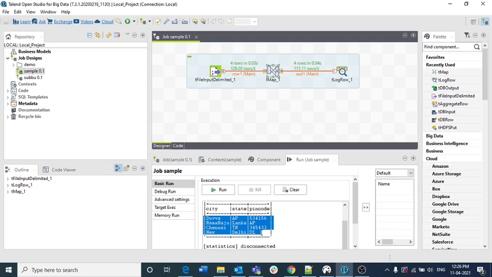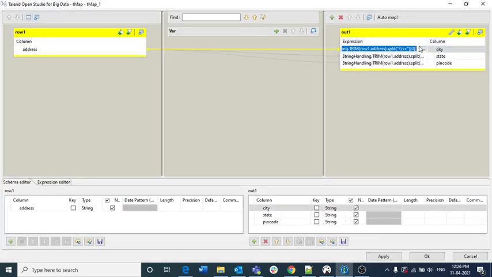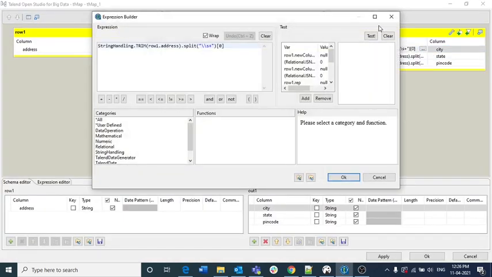If we get the output like this, what we need to do, as I already explained in the previous lecture, is use ternary conditions. First of all we are splitting it, and then we are finding the length using the length function.